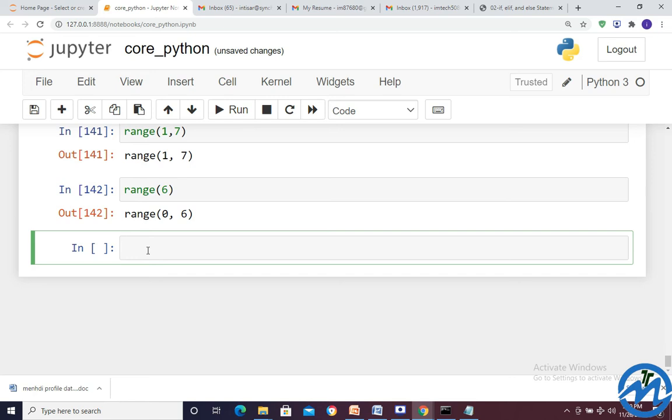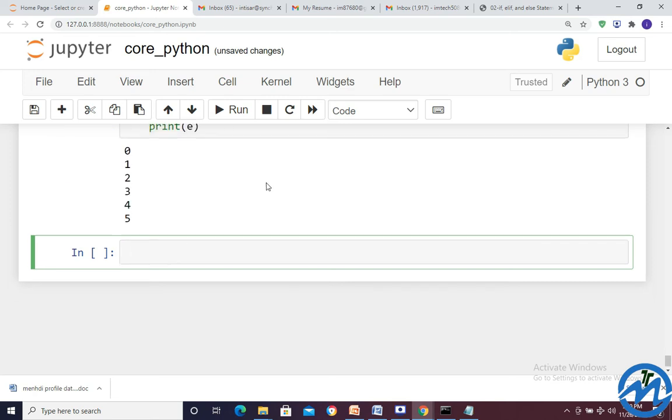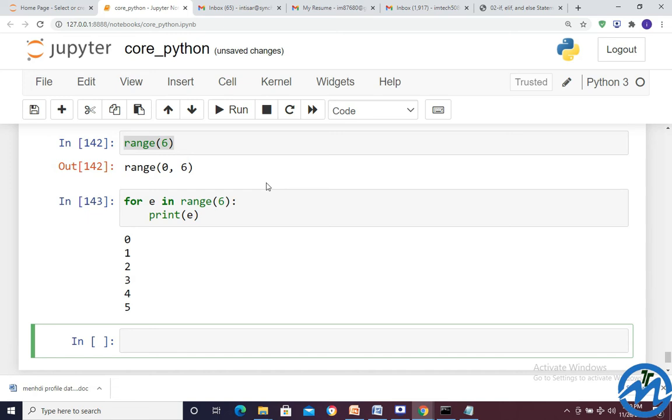But we'll just create a range. So we have created a range 6, for E in range of 6, print of E, enter. So we got 0 to 5. In this manner we got it here.